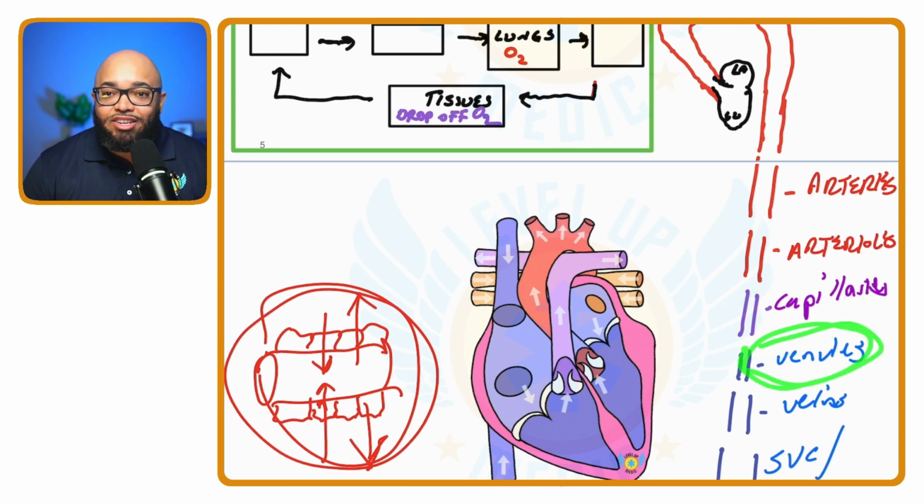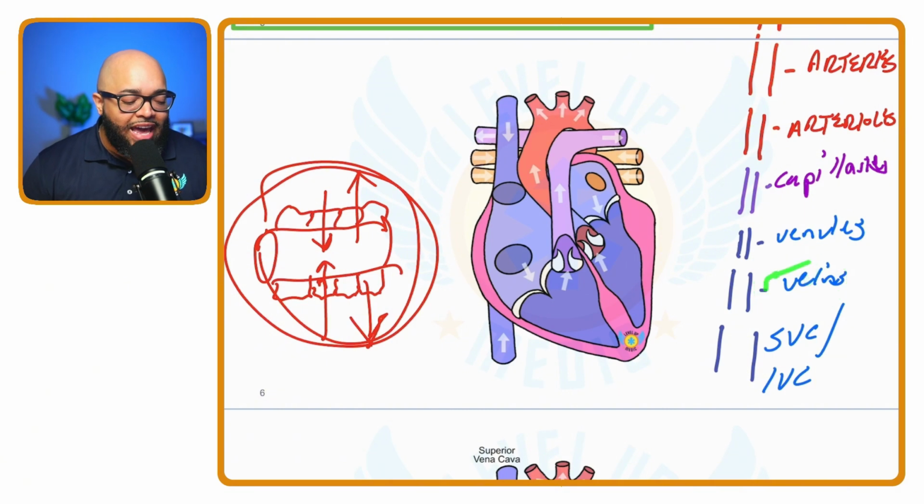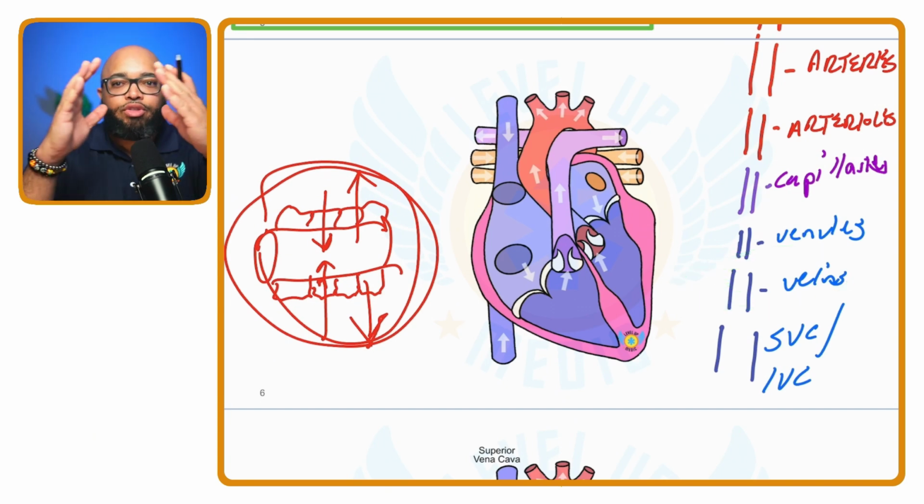Then it gets into the venous circulation and goes through the smallest veins, the venules. Then it gets into larger veins. And by the way, if we said that the arterioles are the resistance vessels, the veins are what are called capacitance vessels. So those are the ones that really stretch out the most to be able to hold the most blood. So how would we apply this information? Well, if we know that veins really stretch out and can hold a lot of blood,